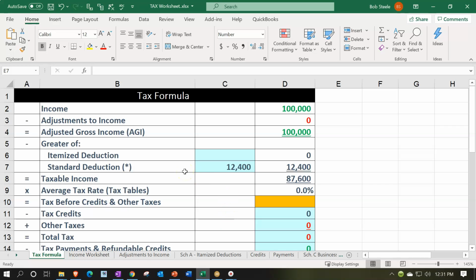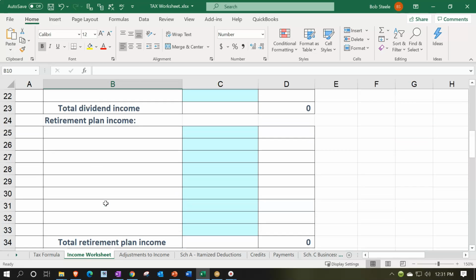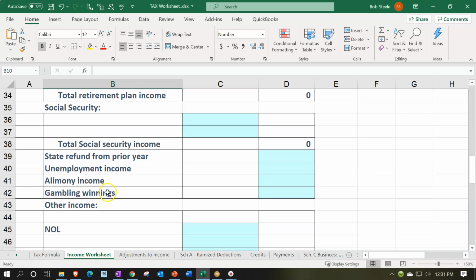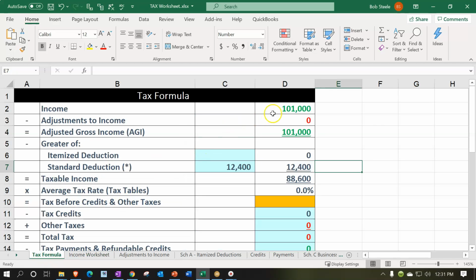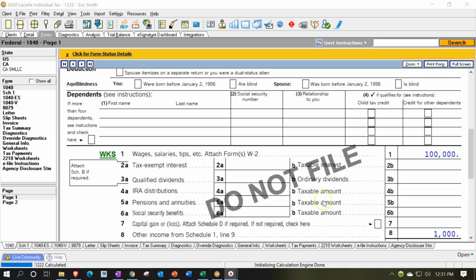If we double check that in our worksheet, we'd say, okay, now we have income, which I'm going to say was a refund. So I'm going to say down here, we'll have a refund of 1,000, bringing that over. That brings our line 1 to 101,000. So that brings our taxable income to the 88,600, which matches out here at the 88,600. And then, of course, the tax can be calculated on that. So again, the general rule: the refund from the state is only going to be included if you itemized and got a benefit from it last year.